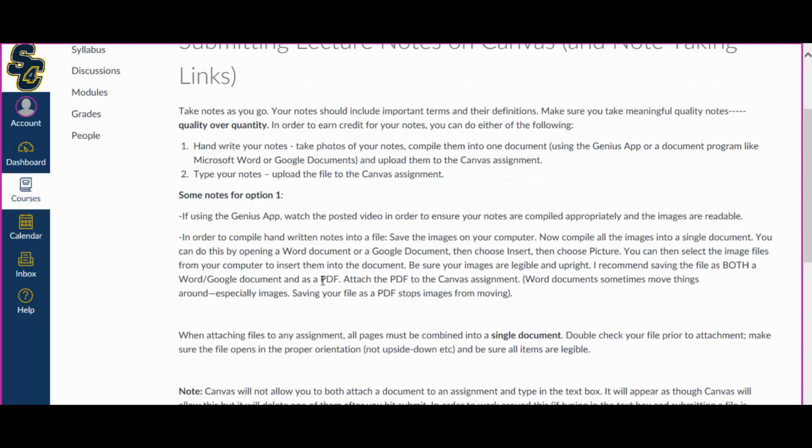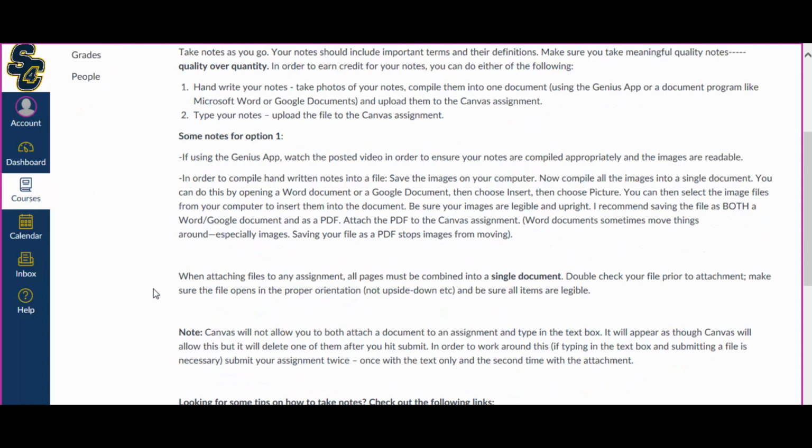So some notes for option 1, which is handwriting your notes. If you're using the Genius app, again, make sure you watch the posted tutorial video in order to make sure that your notes are compiled appropriately and that the images are readable, again, because sometimes it converts the images. Also, in order to compile handwritten notes into a file, I do have kind of a